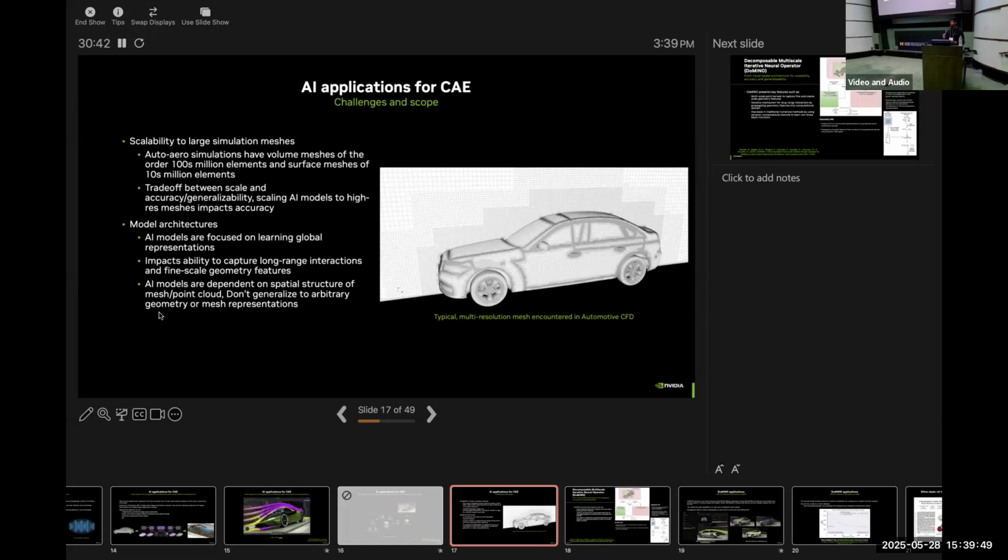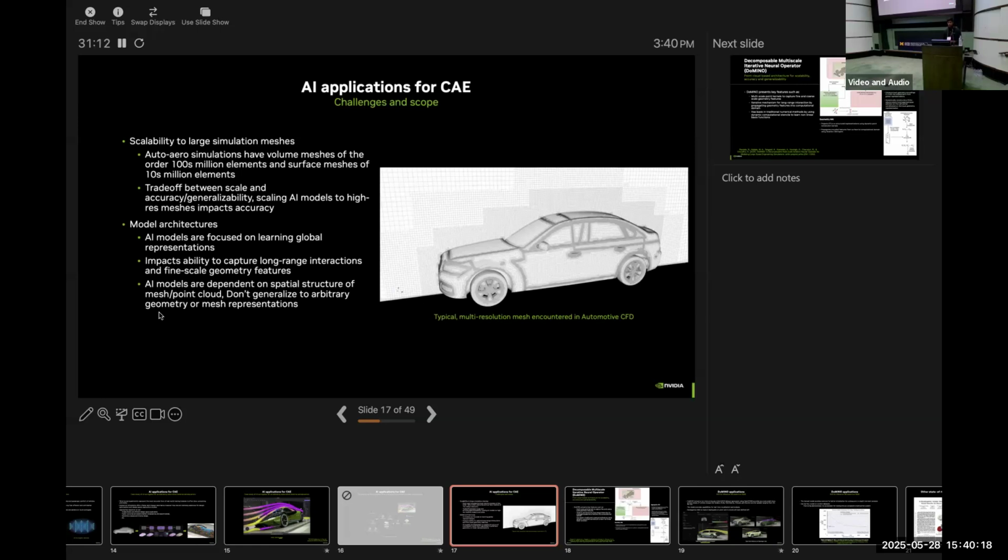You're going to have a high density of cells closer to the areas where you want to study the flow, like mirrors and geometries, and sparse cells in the other areas. And so you want a model that can scale to these types of meshes and domain sizes, and can capture the long range and short range interactions that come with them.